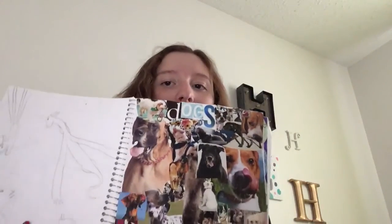This one here isn't really drawing, but it was a collage that I had to do, and I really like dogs, so I had to do a sort of dog collage. Yeah, stupid piece of paper keeps falling out of my notebook. Anyway,